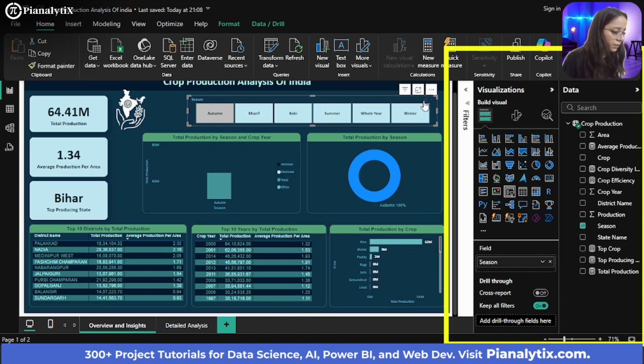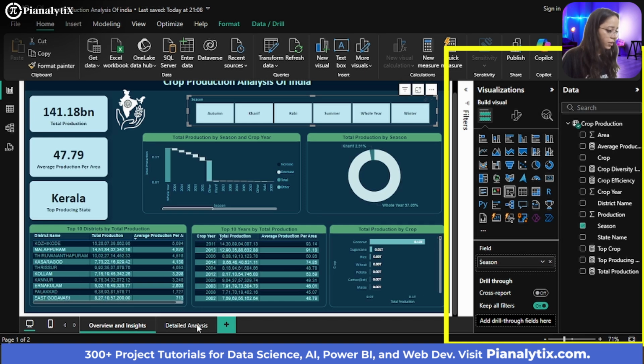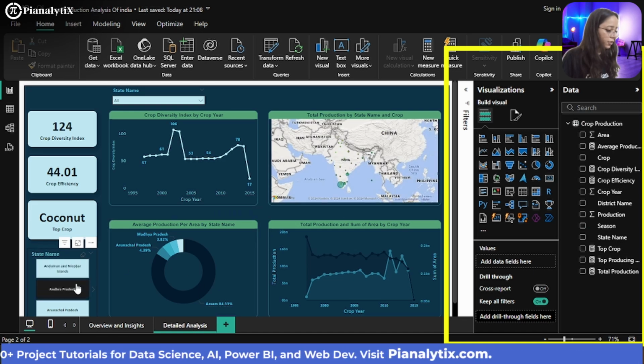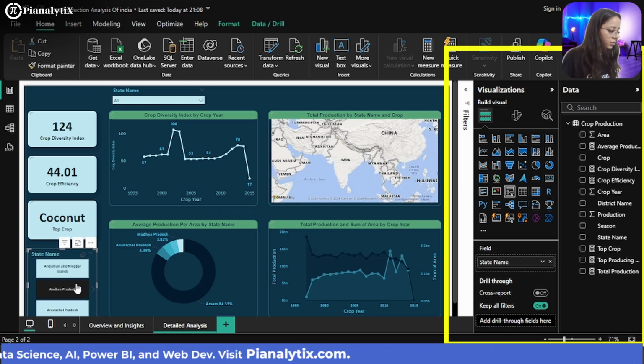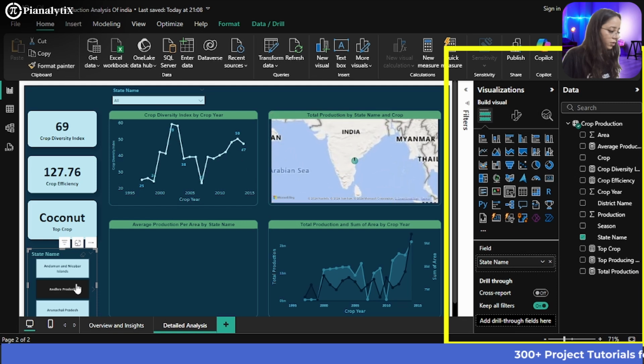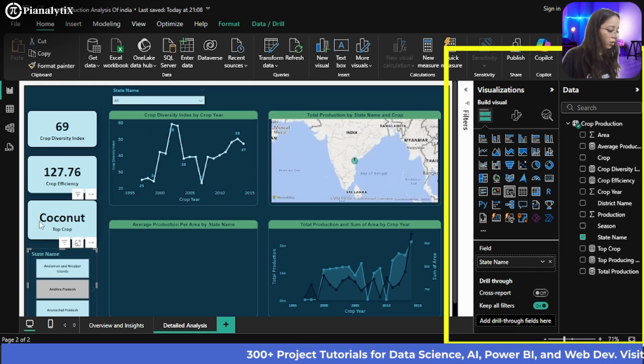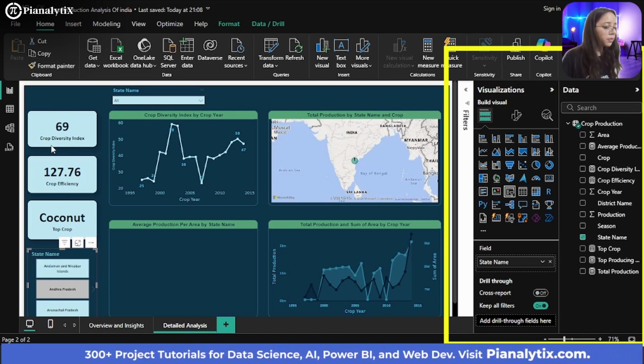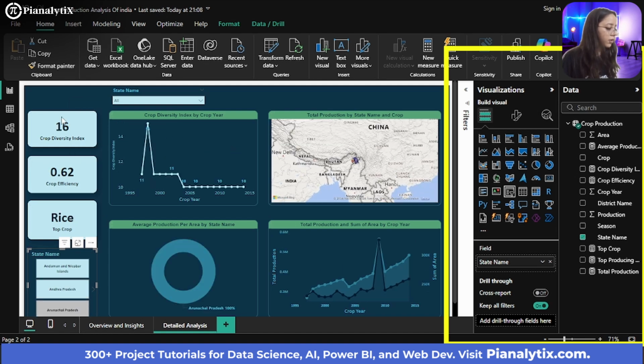If I unselect my selection by clicking clear selection and go to the detailed analysis section, for example for Andhra Pradesh, you can see the total crop, and the crop efficiency for Andhra Pradesh was 127 and the crop diversity index was 69. Similarly, for Arunachal Pradesh, you can have a look at the crop efficiency. Rice was the top crop. And again, you can click on clear selections.